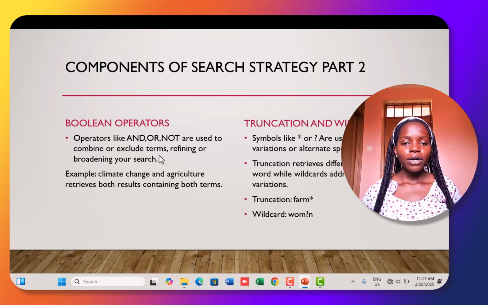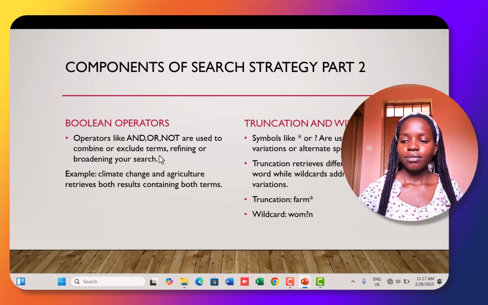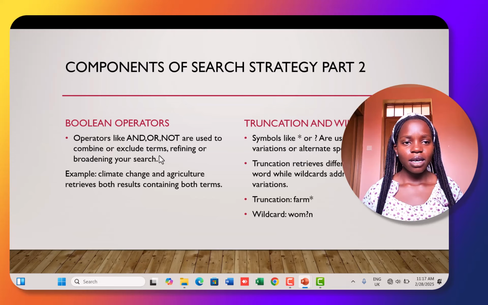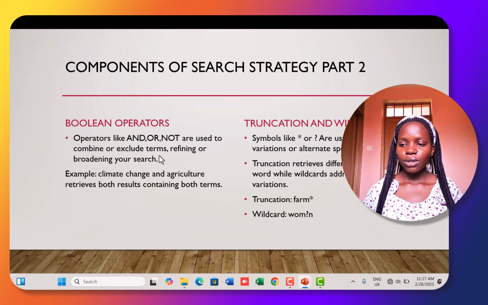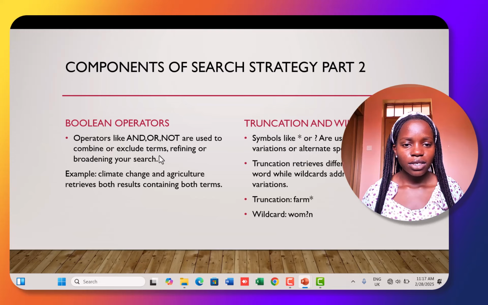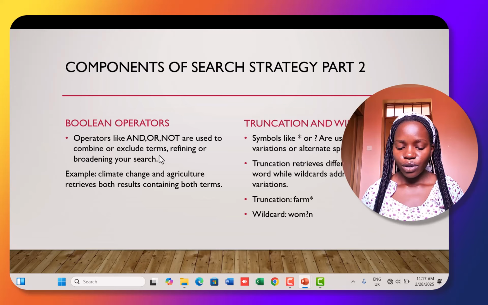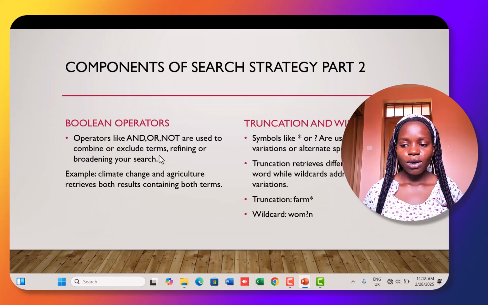Let's start with AND. With AND, it assures that all terms appear. It's more for a narrower research. And when you use an operator like OR, it ensures that it retrieves information containing any of the terms, so it gives you a broader research. And then NOT excludes. When you use NOT, it will exclude specific terms to avoid irrelevant